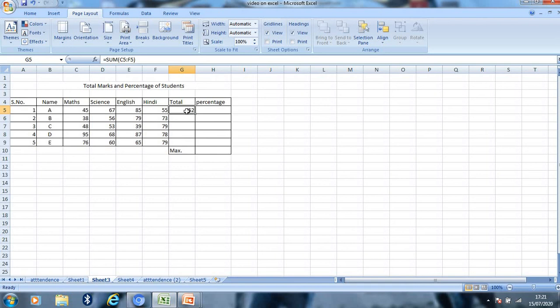We just have to type the formula one time in one cell, and then we can autofill other cells using the autofill feature of our MS Excel, which I told you earlier. We place our cursor in the bottom right corner of the cell, press the left button of our mouse, and then drag till the row we want the sum, and the sum of all the rows will appear here automatically.